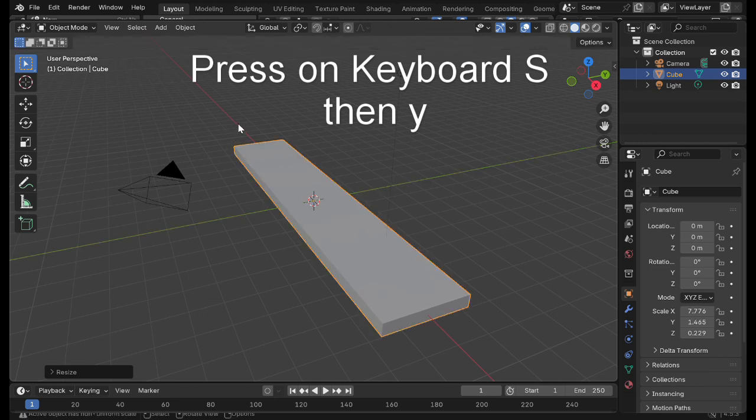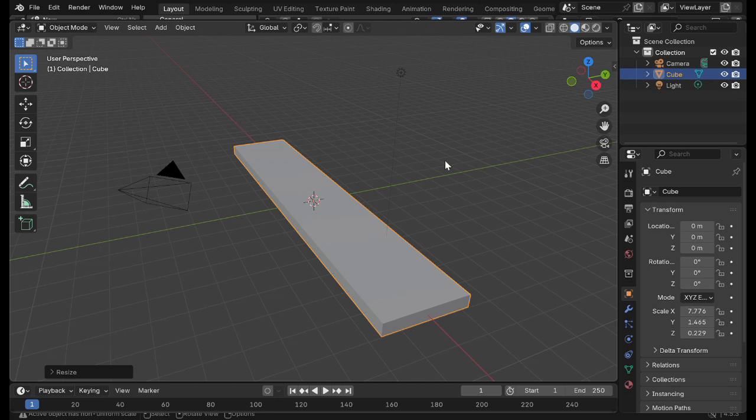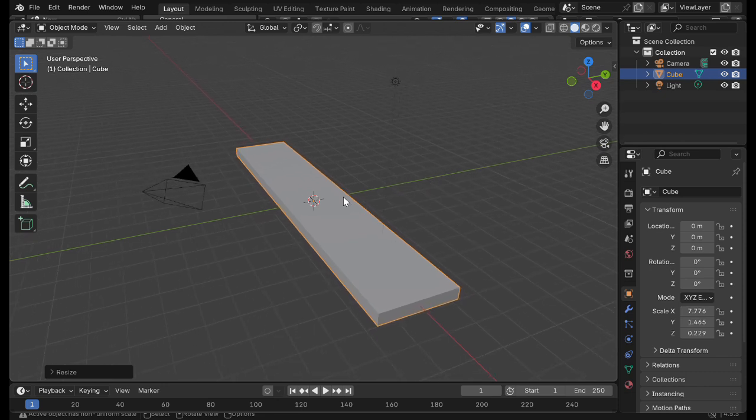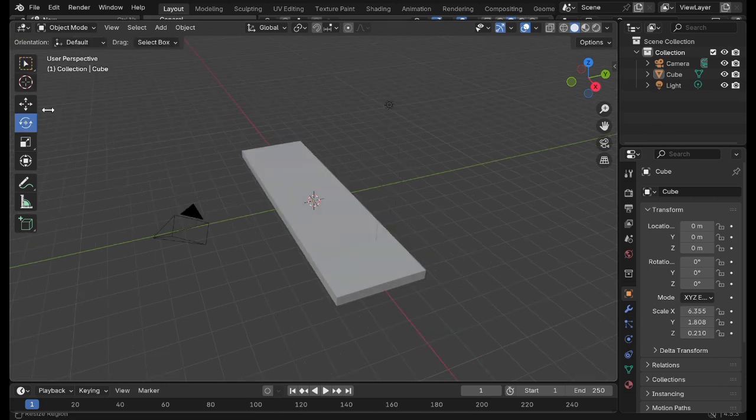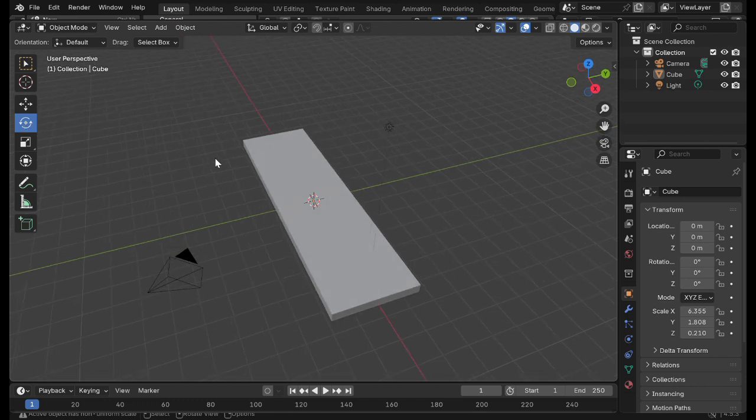As you can see, the red one is to make it wider, and the blue one, if you can see here, you will make it flat, and the green one, as you can see, you will make it adjust the length. So as you can see, we have a clean and also flat shape. I'm going to rotate it so that I can have a full body of our